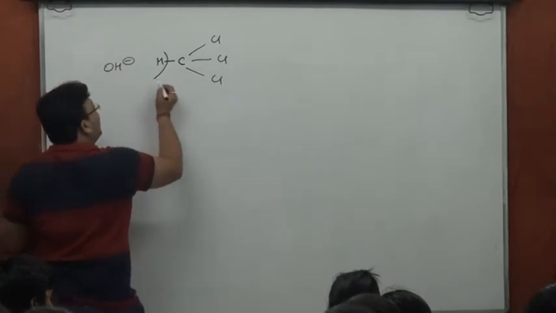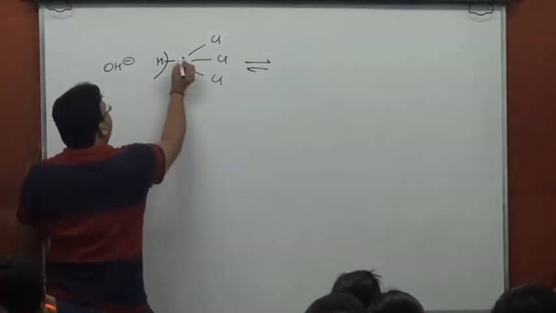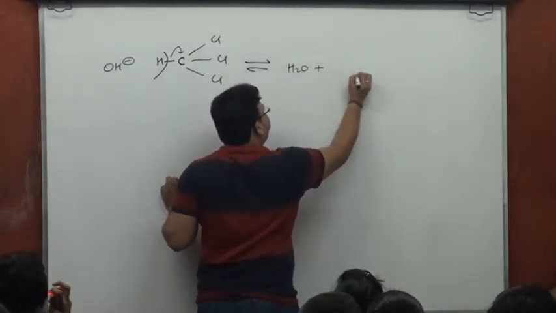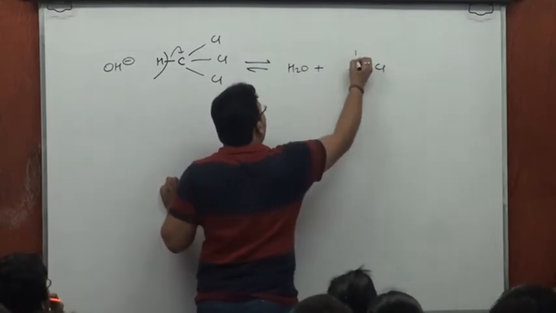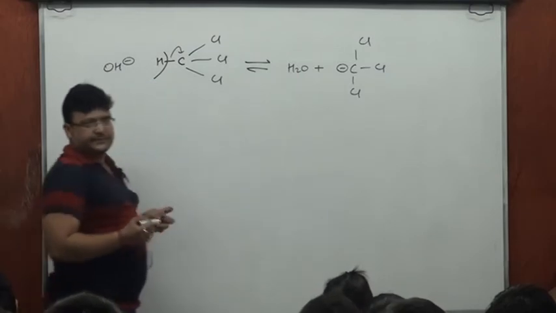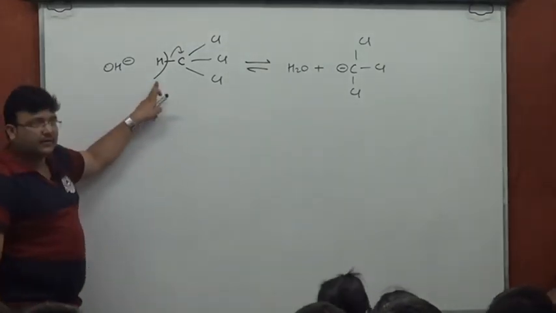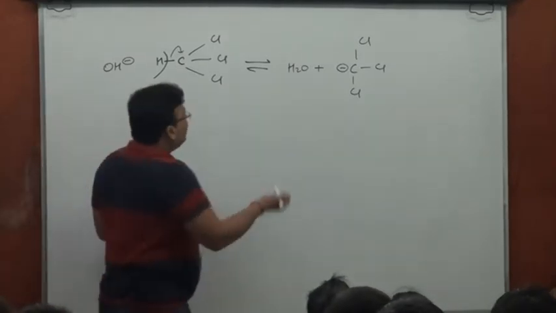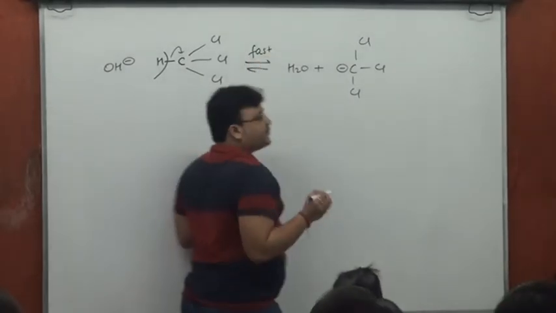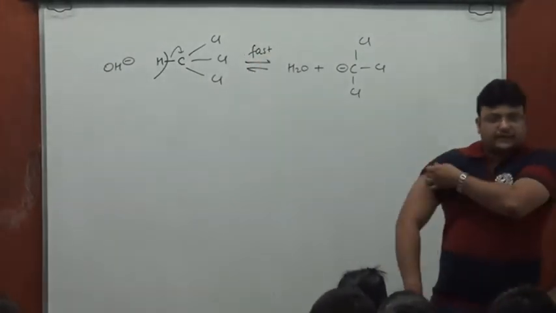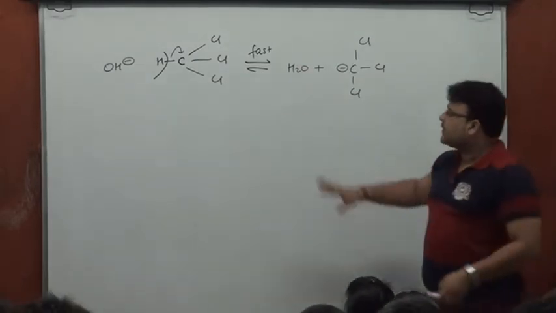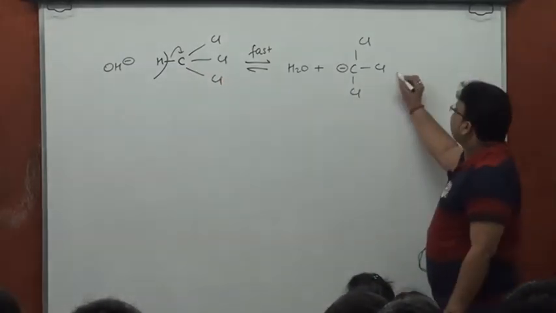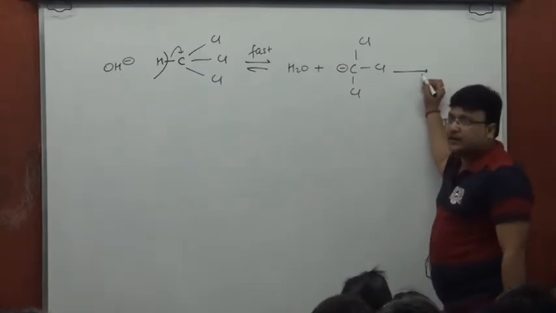Now this would be lost to OH minus, it's going to go as H plus, so this comes over this carbon atom, and equilibria producing CCl3 minus. Now because this hydrogen is fairly acidic, because of minus I effect of chlorine atoms, it's an equilibria which is attained very quickly, and it's supposed to be a fast equilibria. All right. So it all begins with OH minus attacking chloroform. This loses H plus, forming CCl3 minus, and this CCl3 minus is expected to lose Cl minus.